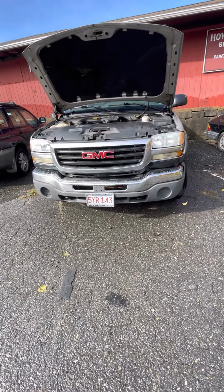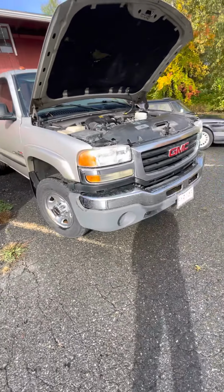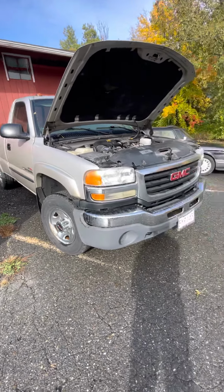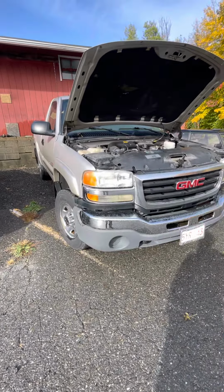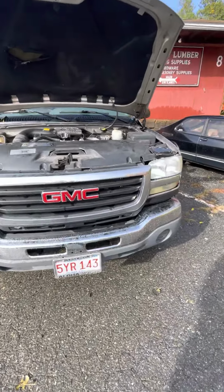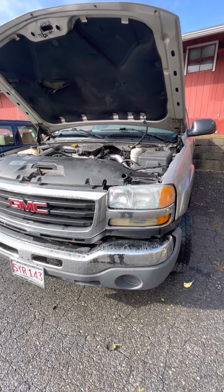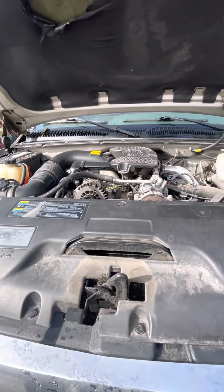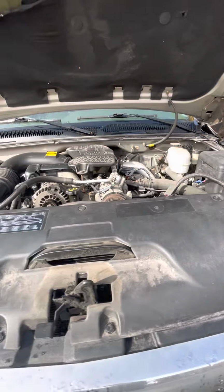So this is my dream truck, but it's asking for attention. Obviously nobody's really giving it that much attention, and if you watched the previous video where I evaluated the performance of it at 175,000 miles that I didn't put on it, it's impressive what it'll do, but it's got some symptoms going on that I'm trying to address to prevent any damage from happening. It's not stopping the truck from working. It's just